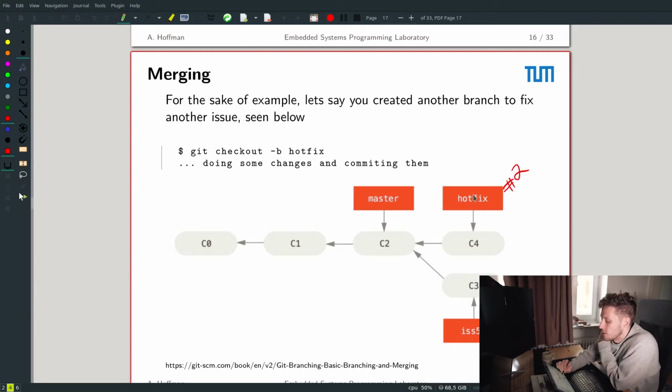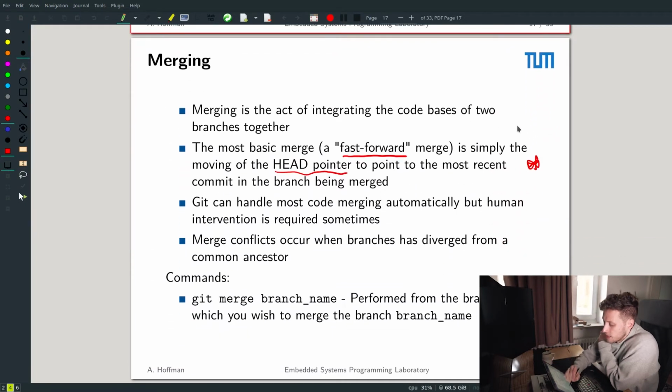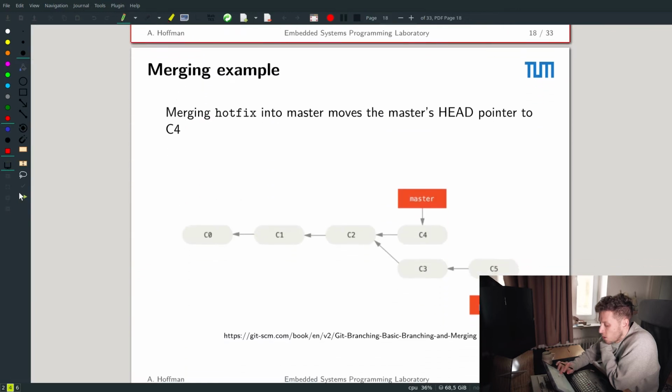And so now we can see that we actually have two parallel development branches that share a common ancestor. And this sharing of a common ancestor is what can actually create these merge conflicts. And how these conflicts are handled, which I will show you in a minute with an example, is by doing what is called